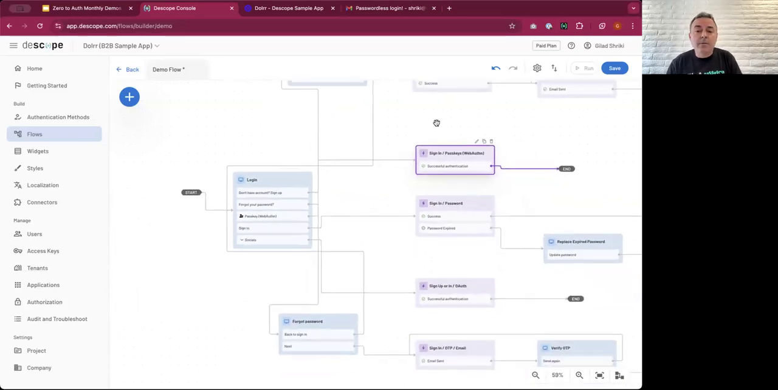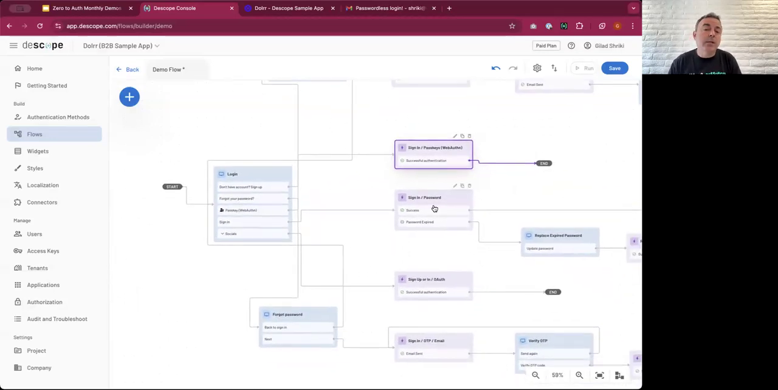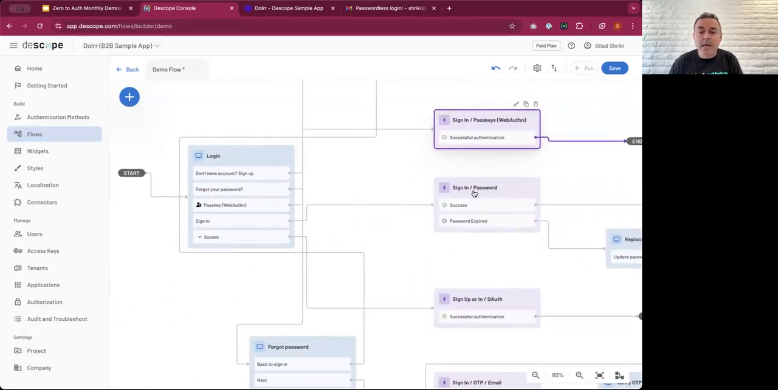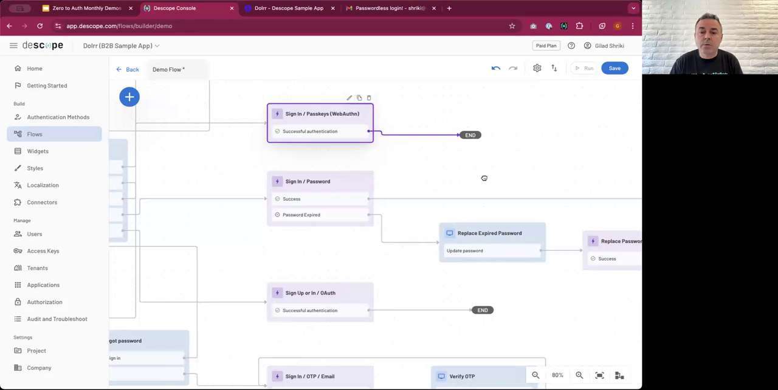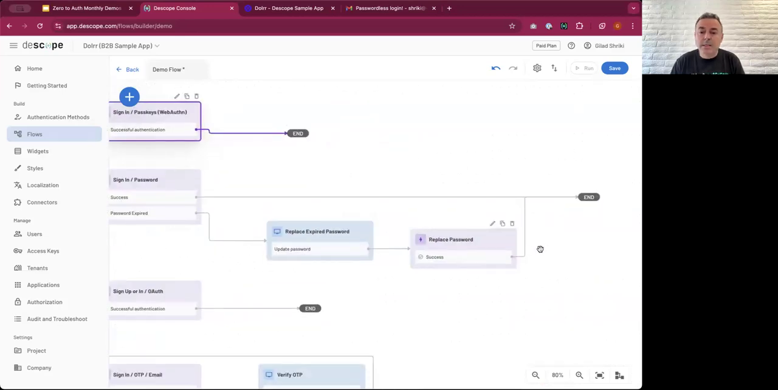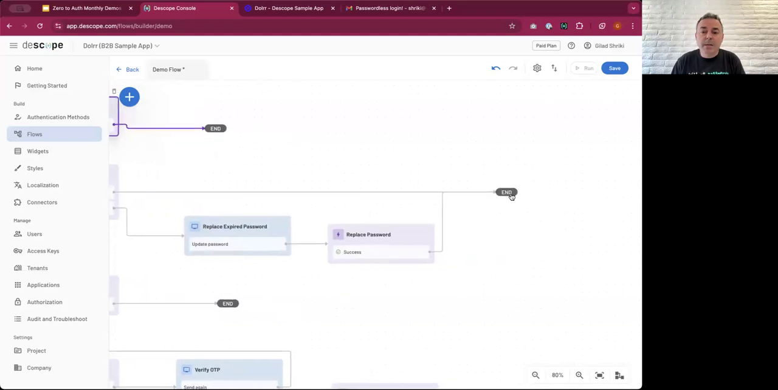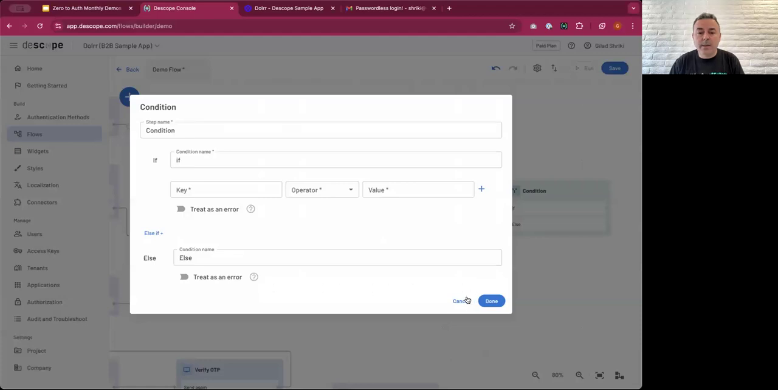Now we're getting into some of the magic of the flow. So let's say I want to start asking the user every time they log in and they don't have a passkey, do they want to add a passkey? So let's follow that sign-in flow. So we have a sign-in with password, and then if the password is expired, we change it. But right before the end here, I want to check with a condition if the user has a passkey. Okay, so let's call it check passkey, and let's say passkey exists,